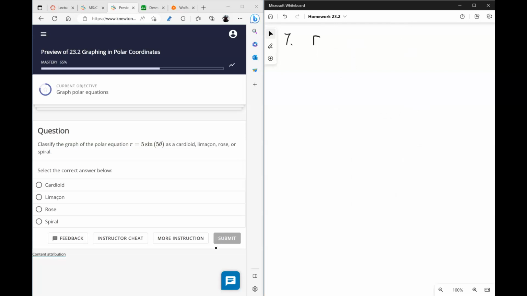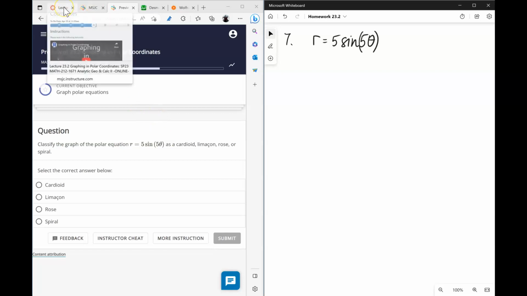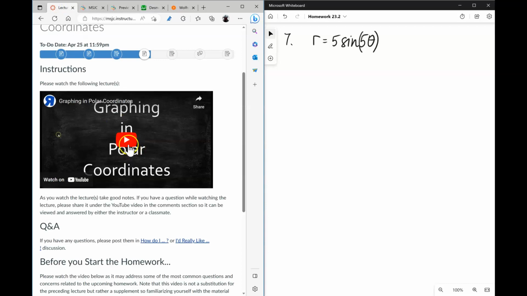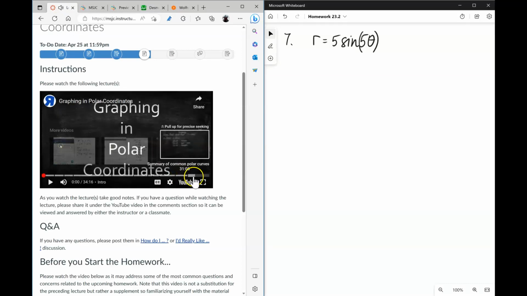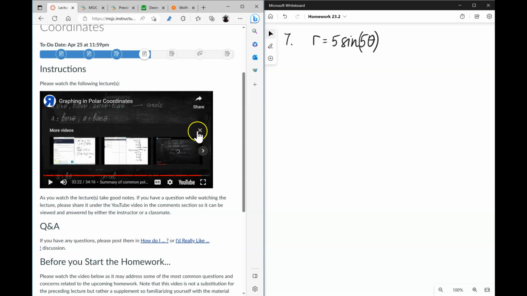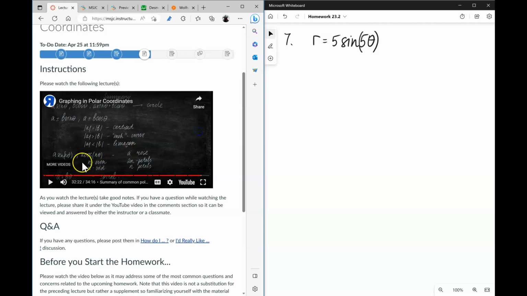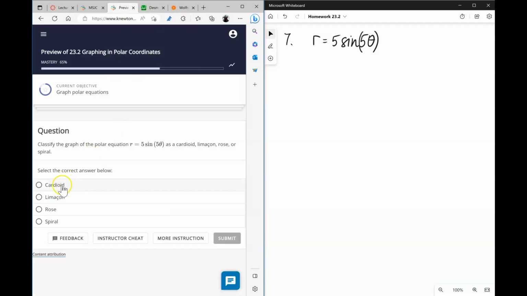Here we just have to know the shapes of the most common equations, and they are summarized right over here. So when you have sine or cosine of multiple thetas, that's a rose, and that's just something that we need